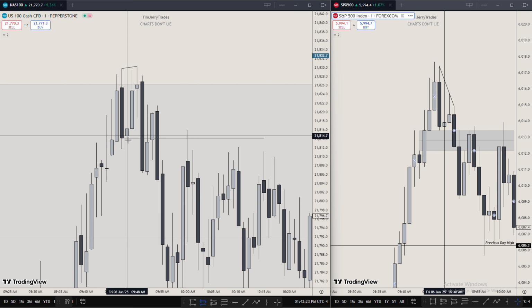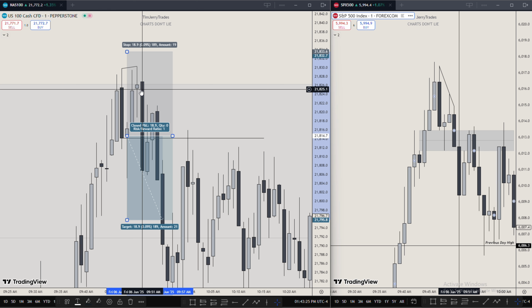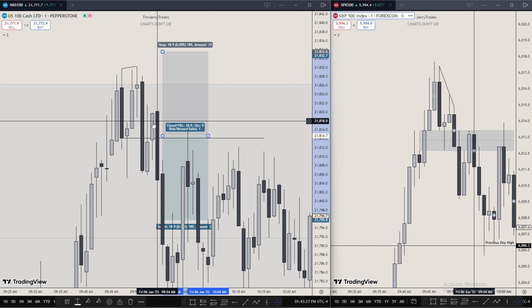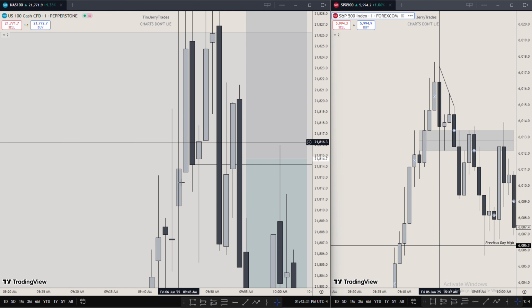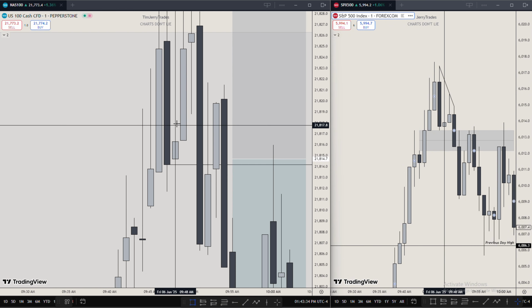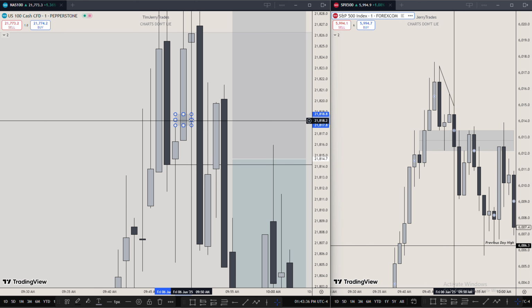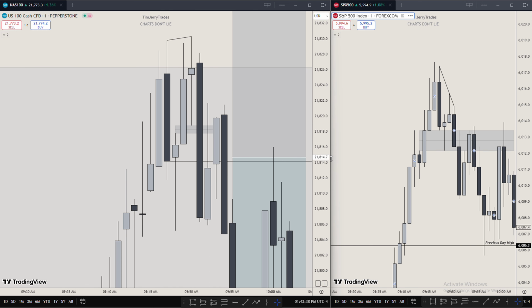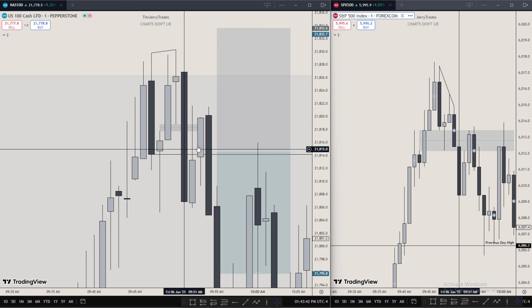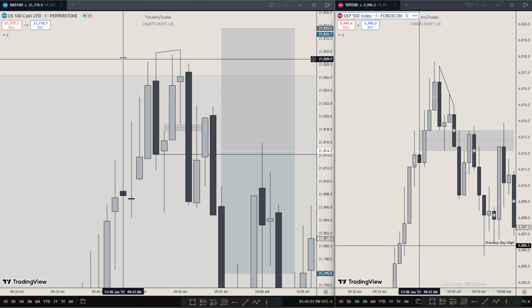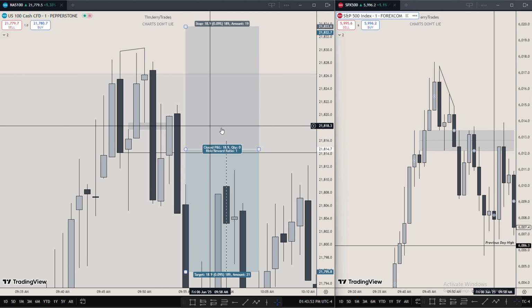And not just that, I did even add this. We also have this inverse fair value gap right here. So a lot of things we can enter off of, bro, just that there are more confirmations right there. So we have inverse fair value gaps on both pairs. We have a CISD on the NAS100 and two bearish SMTs. So that's a clear trade to the downside. So we're taking our sell trade